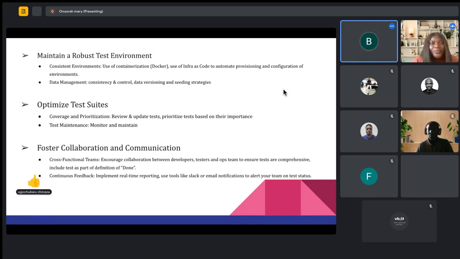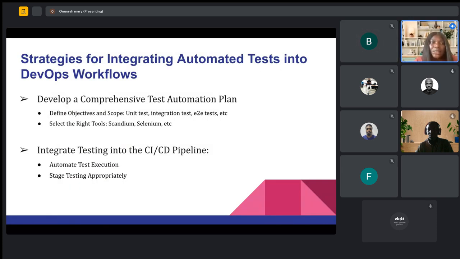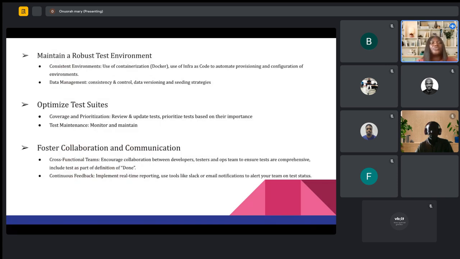Okay. So after making sure that you have your testing integrated into your CI/CD pipeline, the next thing is to maintain a robust test environment. What I mean is that you have to ensure that your test environment is robust, right? You can use tools like Docker, a containerization tool.